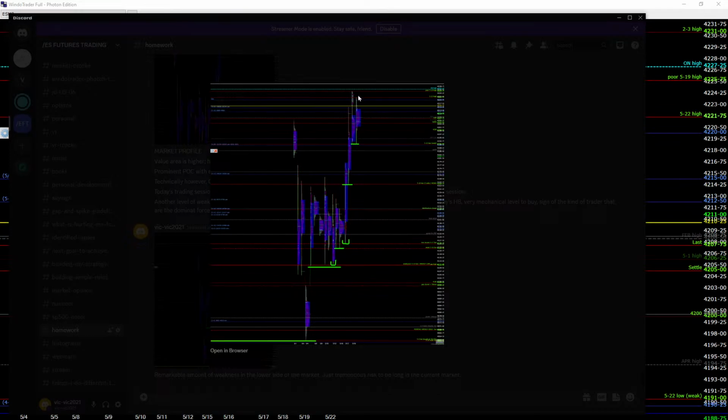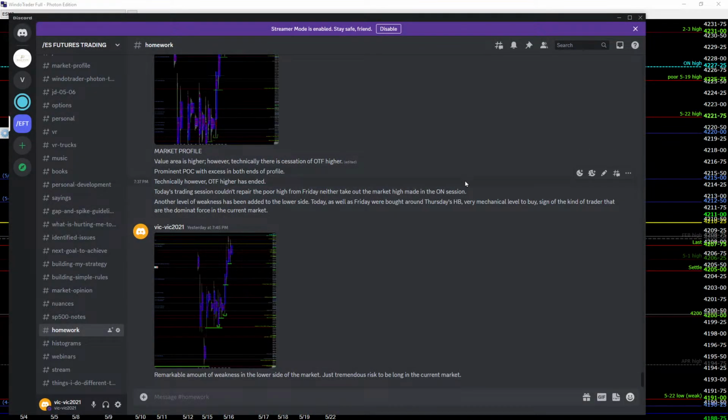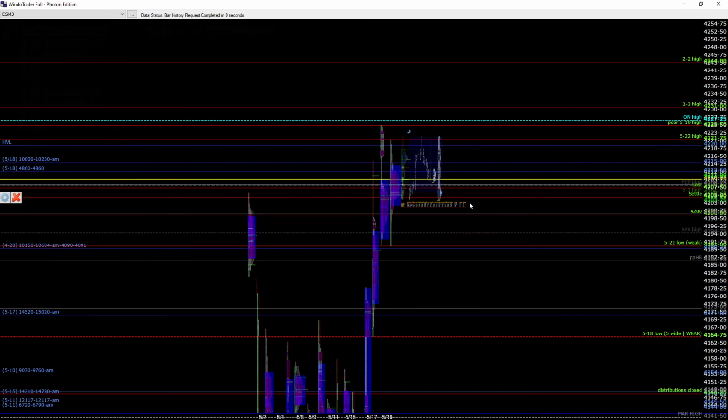The market can either repair this high or take care of this with lows here, or it can be a whipsaw as well. And a sequential trade, maybe taking care of the upside first and then coming back to the downside, or maybe taking the downside and then the upside. If the market trades sideways here, it just adds more balance to the already two-day balance here. Well, the risk of being long in this market is impressive. You have to be very, very careful being long here.